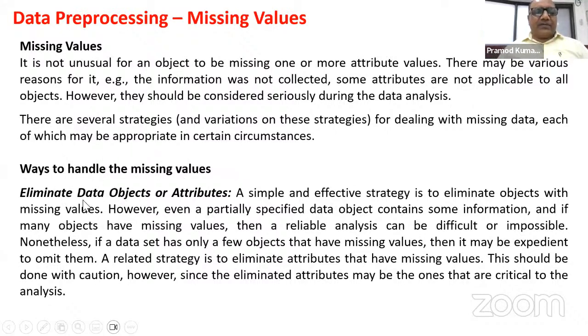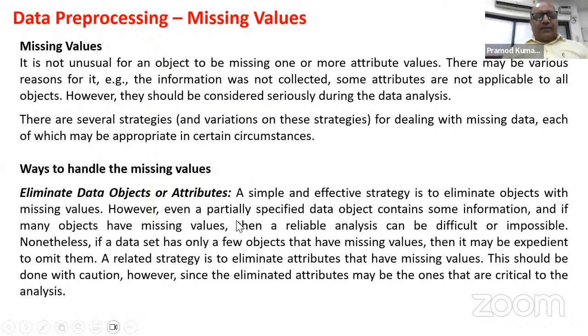So, ways to handle the missing values data. What is one? Eliminate the data object or the attribute. What it simply says is that suppose a large number of attributes are there, and there are very few attributes where the missing values are there. For example, as I told you, the landline phone. If I'm collecting say 20 features, and out of the 20, landline is the only feature where some missing values are there, I will simply remove the attribute landline, and with the rest of the 19 features, I will do my